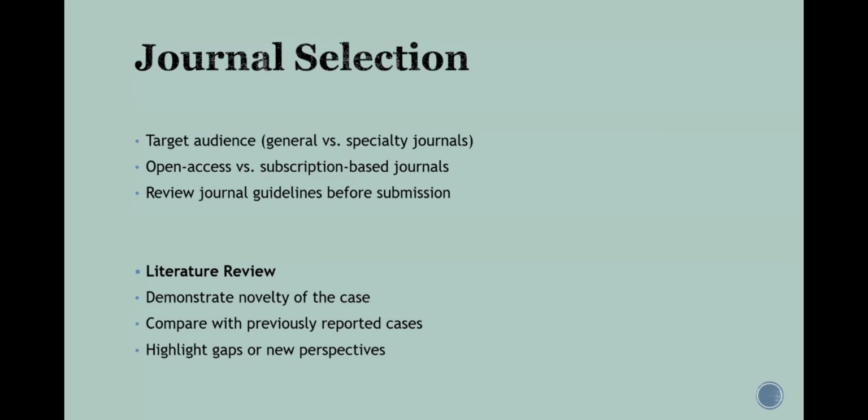So the target audience for case reports is usually a specialty journal. Then open access versus subscription based: usually open access will ask for a publication fee, and subscription based can sometimes publish for free. And then review journal guidelines before submission. What I do is select at least two, three, four journals, because there is a rejection rate, and you should not get